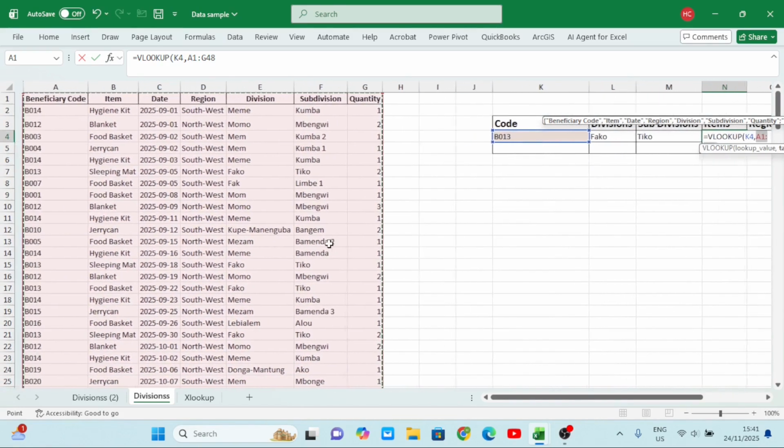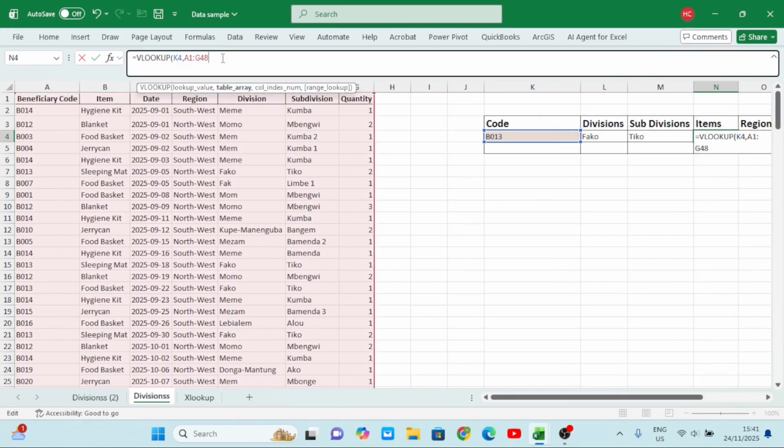I'll now come here. I can start managing this right from my formula bar here. I'll come here and I put comma. Now the next thing he asks me is column index. Okay, so you see that column index has a bold color, because it is telling me that these actions have already been taken. This is what is left. I'll now ask, where do we have our items, right? In which column index? 1 2. We have it in column 2, and I write 2, and then I close my bracket and I click my